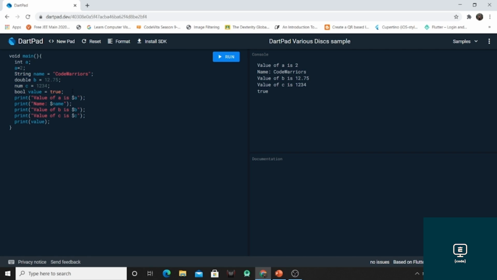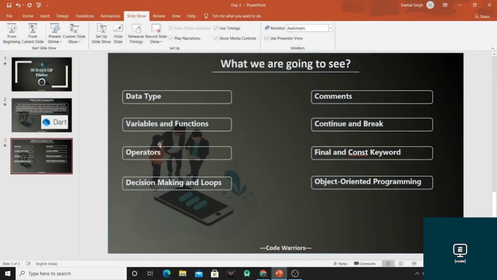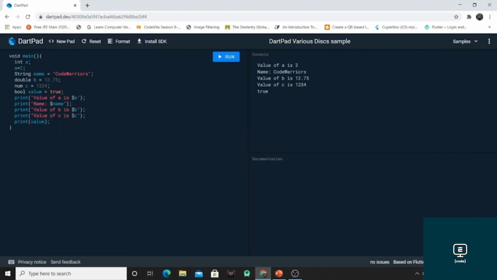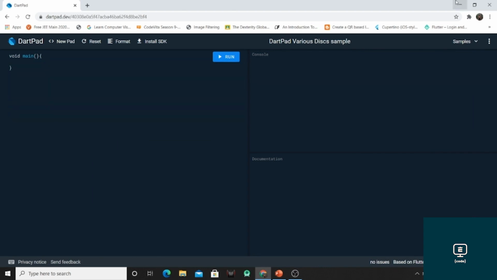Now after data types, we have variables and functions. So now let's jump to the variable part. var is a dynamic type.